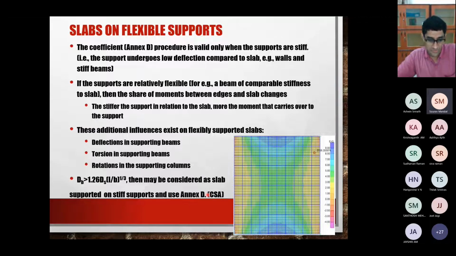However, I'm just telling you this because I saw it, and I thought it is a nice thing to say. But anyway, this is not there in our code book. Okay, this is actually from the Canadian standard.